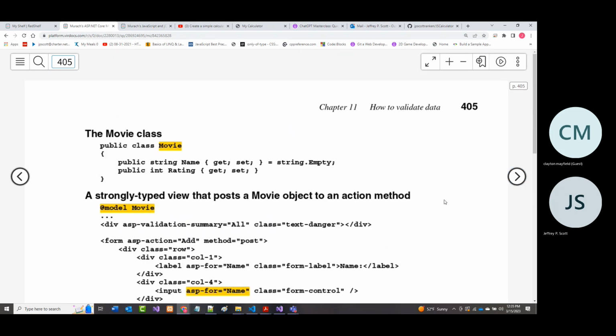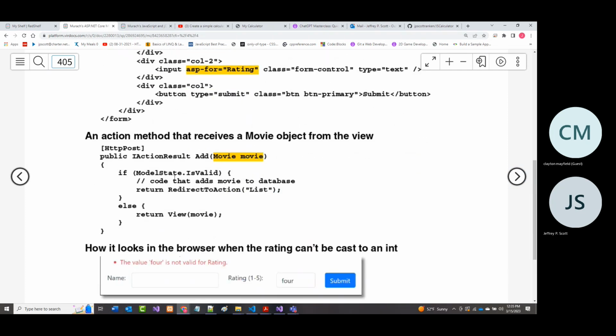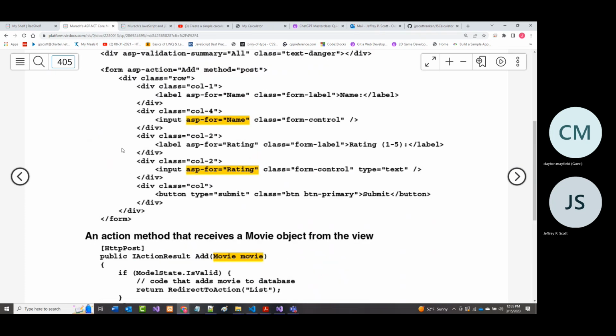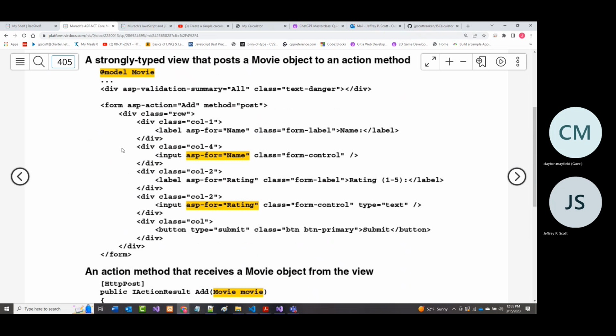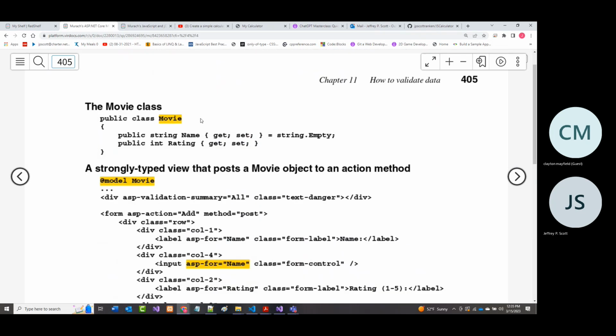Now, let's just start by going in here and taking a look. You have seen this kind of thing before: if model dot is valid. In other words, you don't want to do something unless you have some tests that you made and all those tests pass. In this particular example, they're expecting a movie name, but it defaults to empty. So if you don't put a name in, it'll still work.